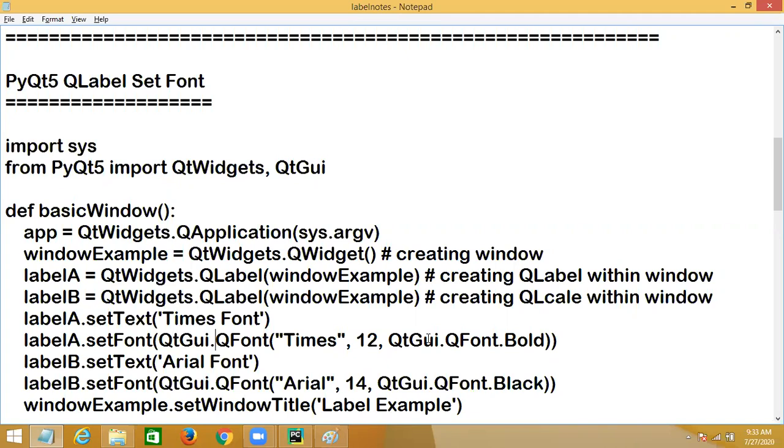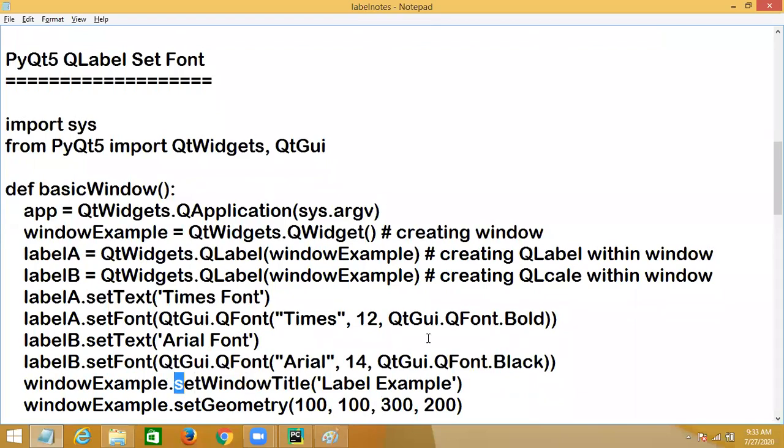Okay, you are creating a QFont object, giving the font name. What is the font name? Times. Okay, what is the font size? 12. What is the font type? Type or format, you can call it bold, italic, and other things, which are generally called style. Bold, italic, subscript, superscript, all these are styles. So that style you can define. First one is the name, second is the size, and third is the style.